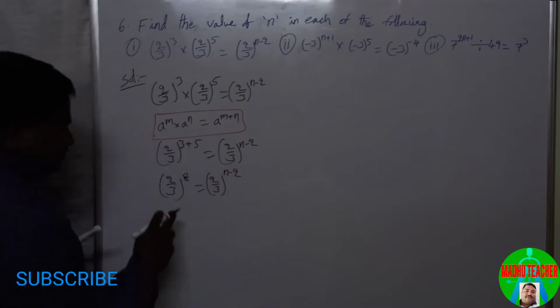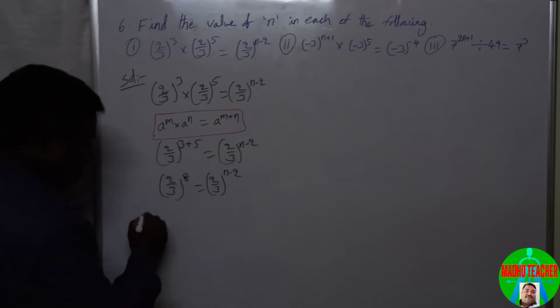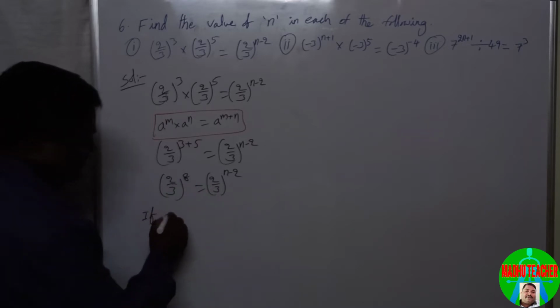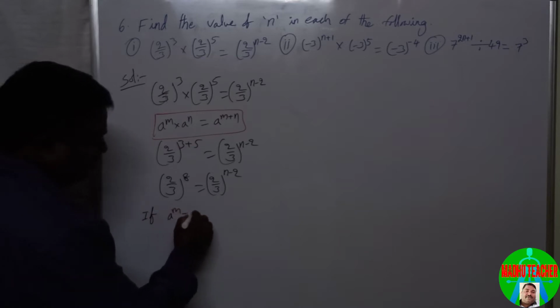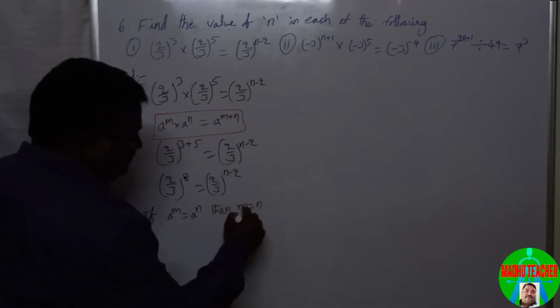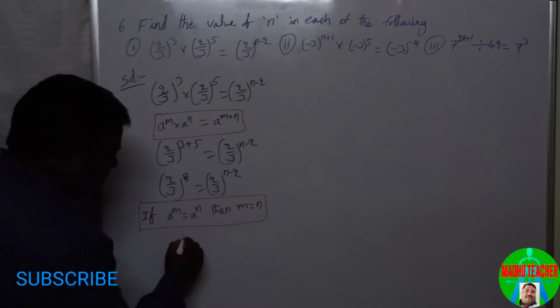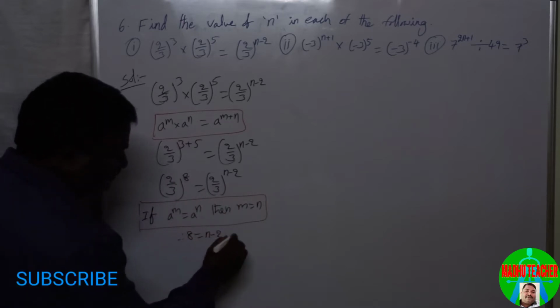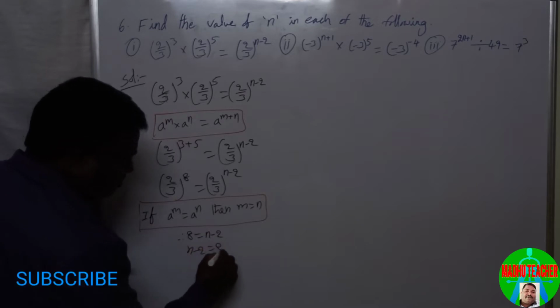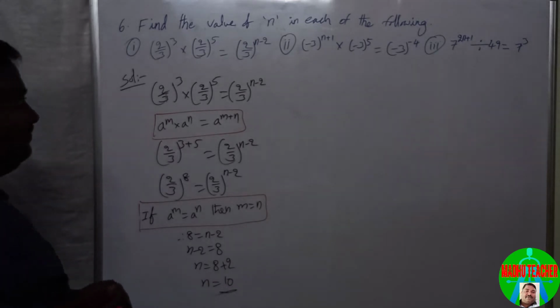So in LHS and RHS we have the same base. So the formula is if a to the power of m equal to a to the power of n, then m equal to n. If bases are equal, power should be equal. Therefore, 8 equal to n minus 2. That means n minus 2 equal to 8. N equal to, minus 2 will become plus 2. N equal to 10. N is 10. Next,